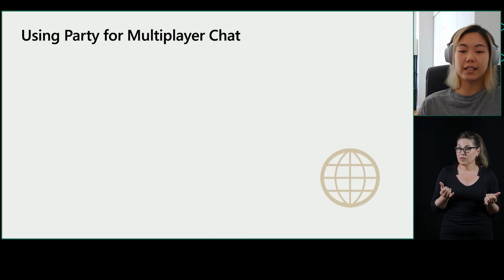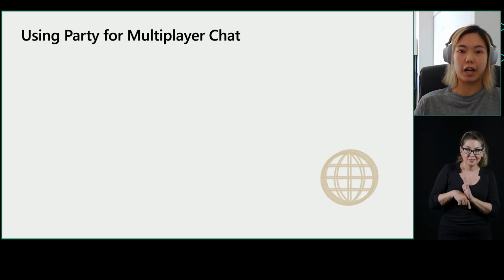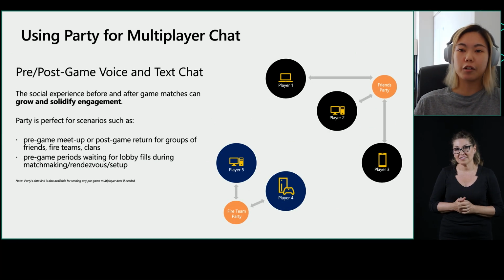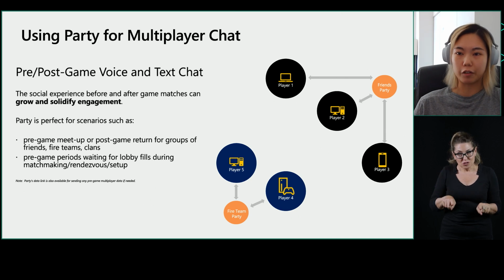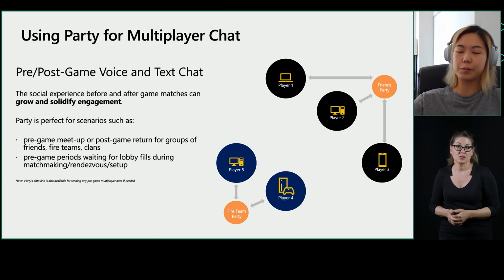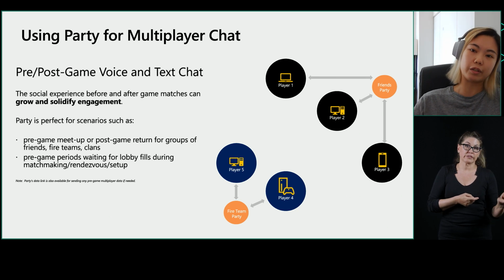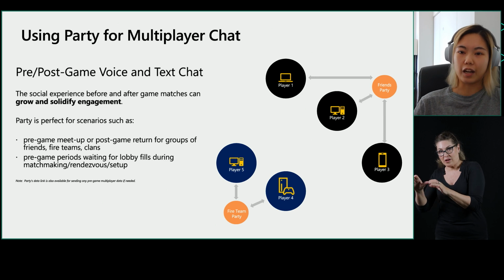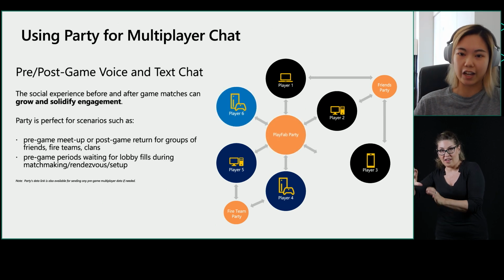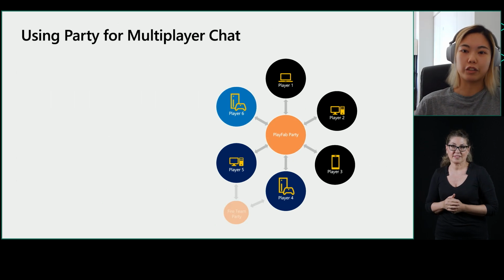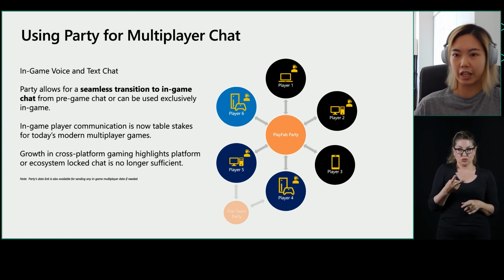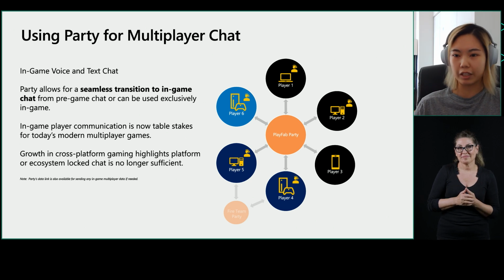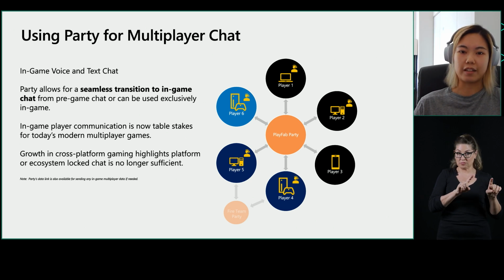So now let's dive a little deeper into the pre-post-game scenario. In this scenario, there are two groups. We have the friends party, encompassing players 1, 2, and 3, and we have the fire team party. Players 4 and 5 are in the fire team party. So these two parties, they're chatting among themselves pre-game. They're two completely different parties. And now